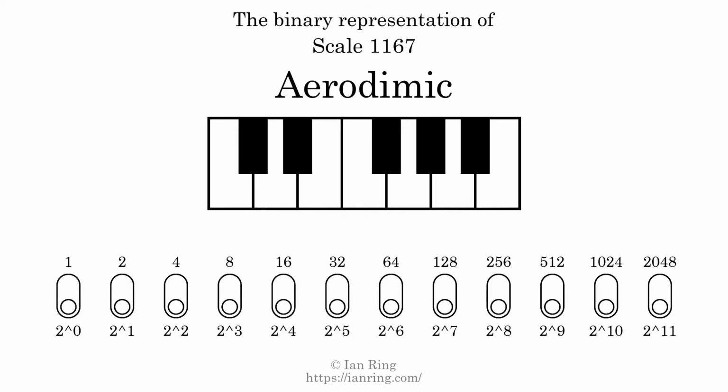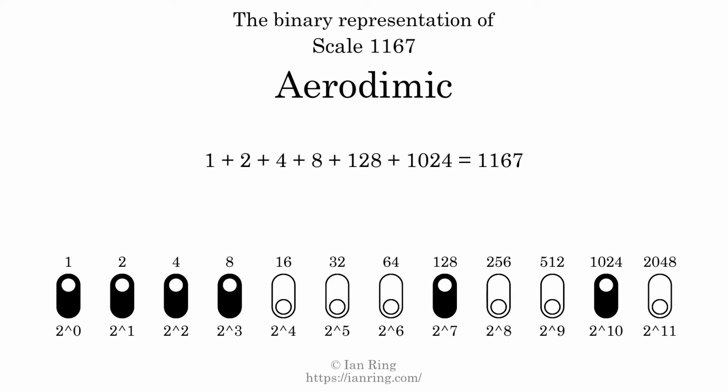The binary representation of this scale is determined by mapping tones of the scale to binary digits. Each binary digit represents a power of 2. To get the scale number, we add the powers of 2 together. The powers of 2 that are present in the scale, all added together, equals 1167. That is why the scale number, in decimal, is